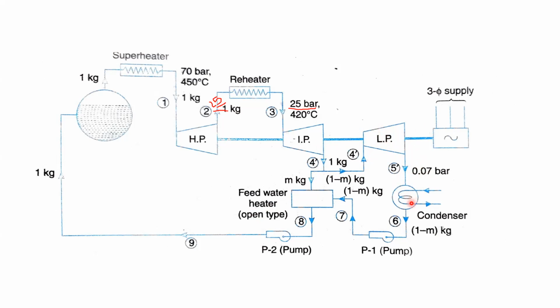Then this is sent to the condenser where the constant pressure heat rejection happens. Then this fluid is sent to the feed water heater through the pump. In the pump, what is happening? Isentropic compression is happening. Due to that, the fluid pressure is increasing. Then this fluid comes to the feed water heater, where the exchange of heat happens between the